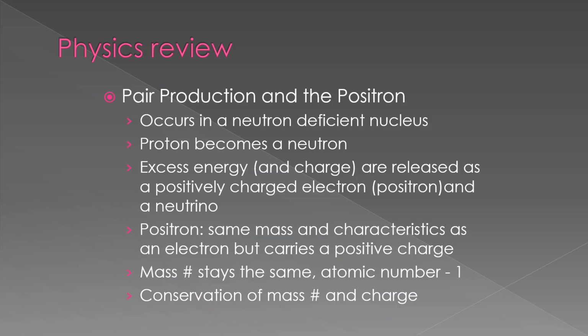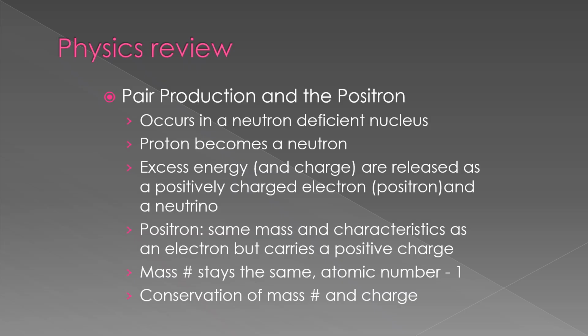This is an antiparticle for an electron. It has the same mass as an electron, but it carries a positive charge. And so this positively charged electron and a neutrino will be emitted from the nucleus. So the positron has the same mass and characteristics of an electron, but it does carry that extra positive charge